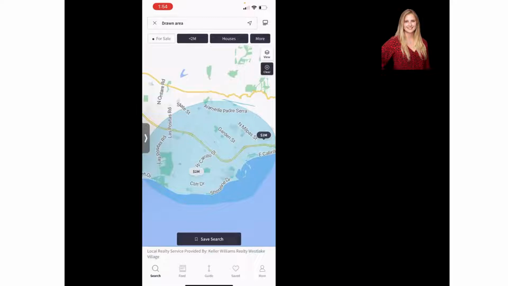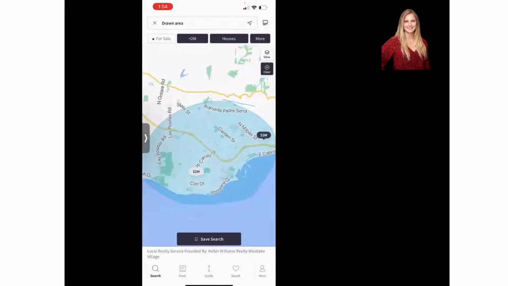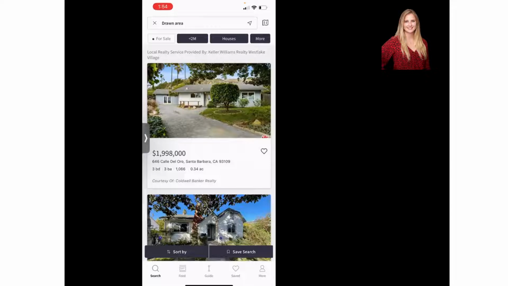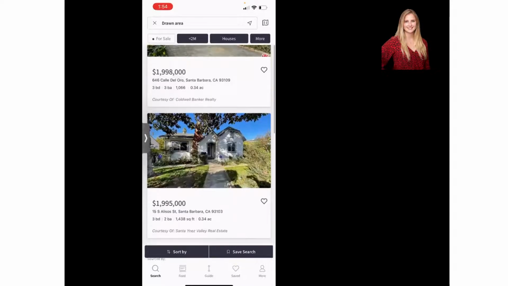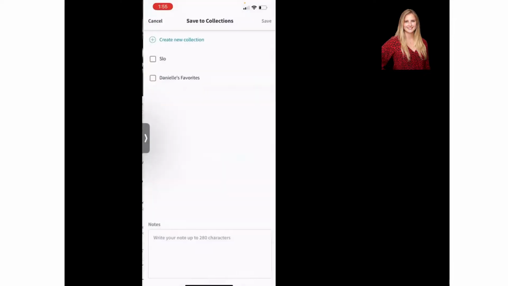If I want a list format instead of a map, it's just this icon in the very top right corner. So when I touch it, it goes back and forth. So here's the list view. Now I'm going to check out this second home. Let's say I really like it and I want to save it for later. I can click this save button